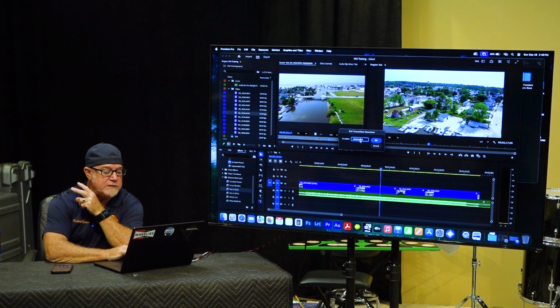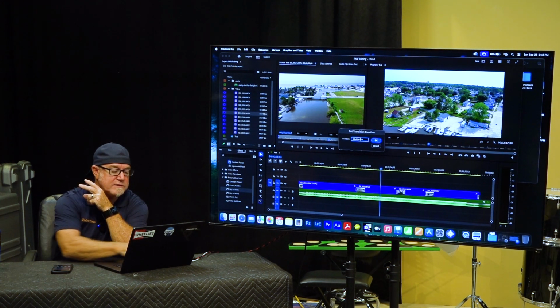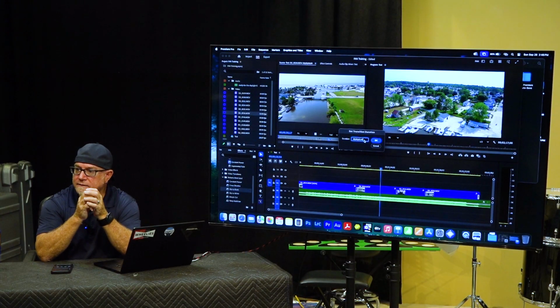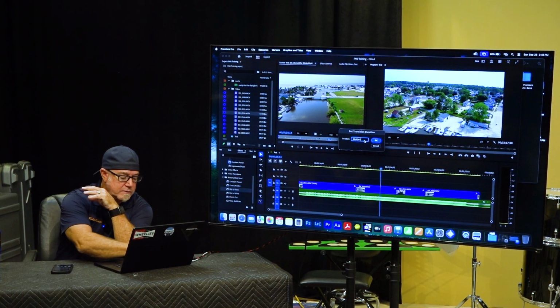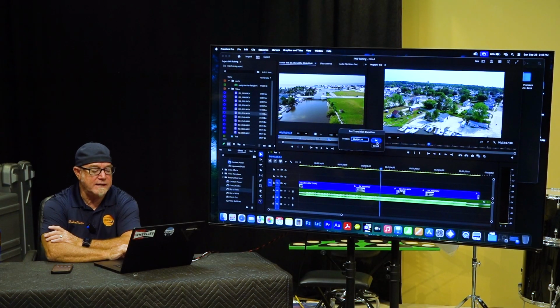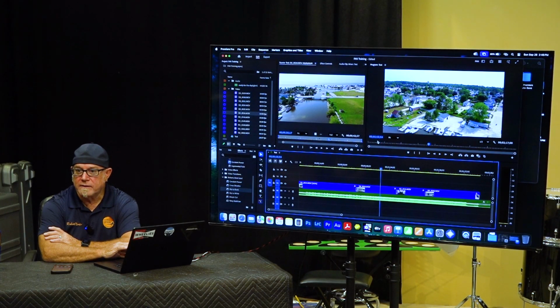It's easy to get the 2 seconds, right? There's the 2 seconds. How many frames do I need for half a second? 15. We shot at 30 frames per second. So 15 frames. So I can make this a 2 second and 15 frame dissolve. And if you keep an eye on this little guy right here, when I hit OK, it expanded